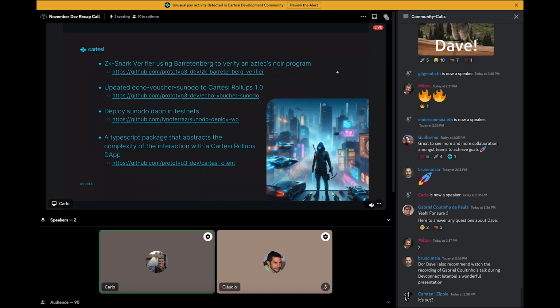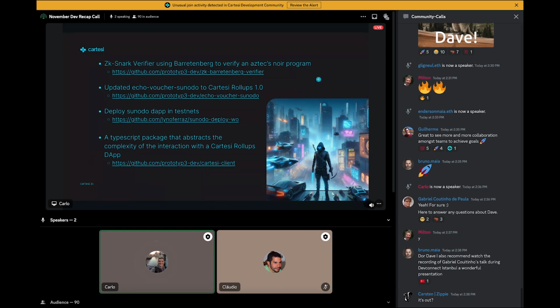Another thing that was done is we now have an updated version of the Echo Voucher Sunodo, which is this really simple application that whatever you throw at it, it throws the resource back using a voucher. And it's done in Sunodo and on the current version of Cartesi Rollups.